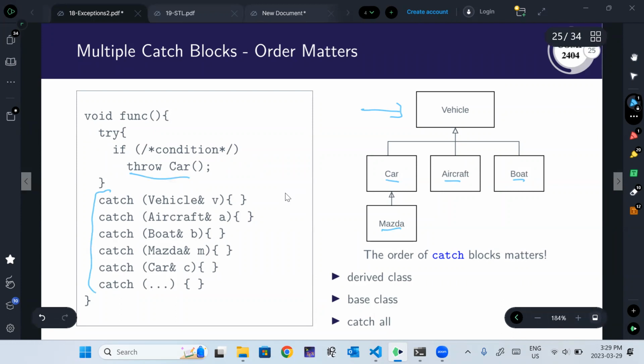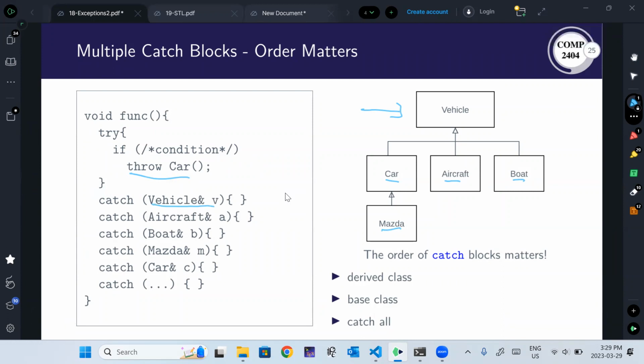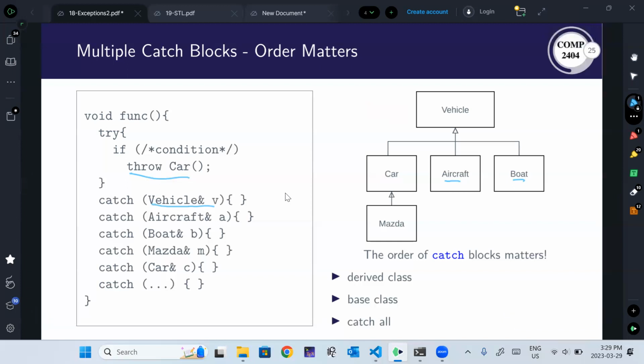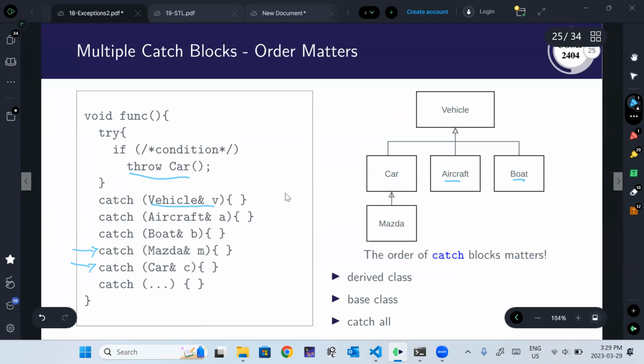Well, this is not going to work very well because whatever we throw here, our car will be caught by the vehicle, right? Because our car is a vehicle, and then it's going to not get caught by this and not get caught by that, which is probably not the behavior that we want.